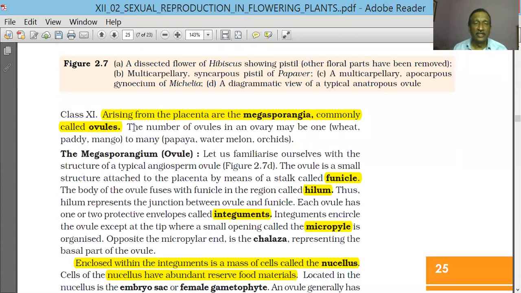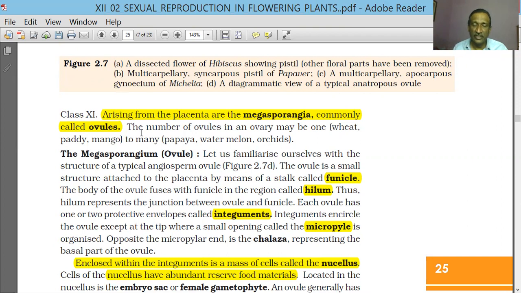Okay, so arising from the placenta, the megasporangia are there, commonly known as ovules. Ovules are those parts which actually develop into seeds. So you can have a direct relationship between the ovules and the number of seeds. Suppose a plant has one ovule, it will produce one seed, as in the case of mango,